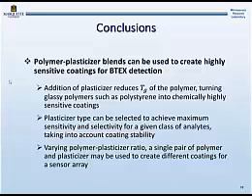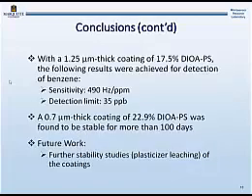The plasticizer type has been selected to achieve maximum sensitivity and selectivity for a given class of analytes, and we can do that while still taking into account coating stability in the long run. By varying the polymer plasticizer ratio, you can turn a single pair of polymer and plasticizer into different coatings for a sensor array. So specifically, in our case,